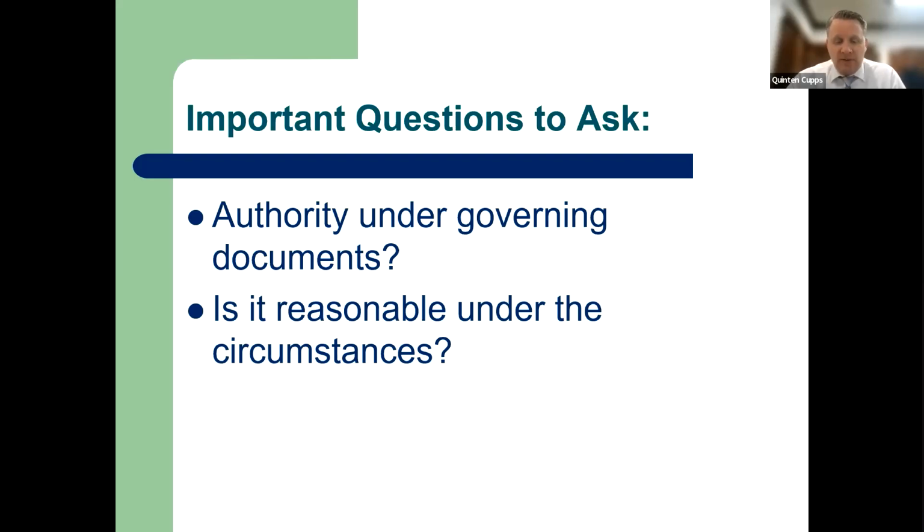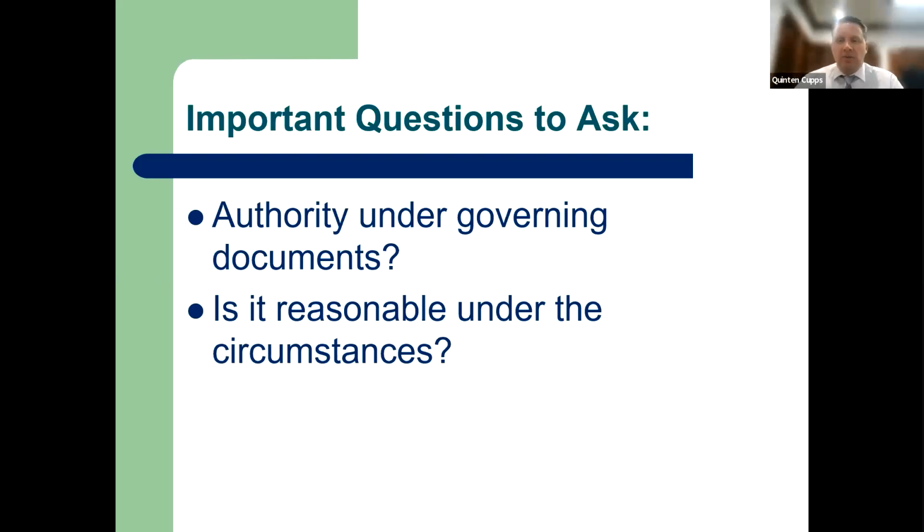If you see that someone has failed to remove some weeds in their front yard, for example, it's probably not reasonable to rush to the courthouse and file a lawsuit because someone forgot to pull some weeds after a rainstorm. It's probably better suited to go the route of sending some notices, and if you have to impose fines, maybe you start there. But if someone builds a gigantic clubhouse in the back of their house, sending them some letters with some fines probably isn't going to do anything, and it would probably be more reasonable to go to court pretty quickly to try to get them to stop or to remove what they've done.